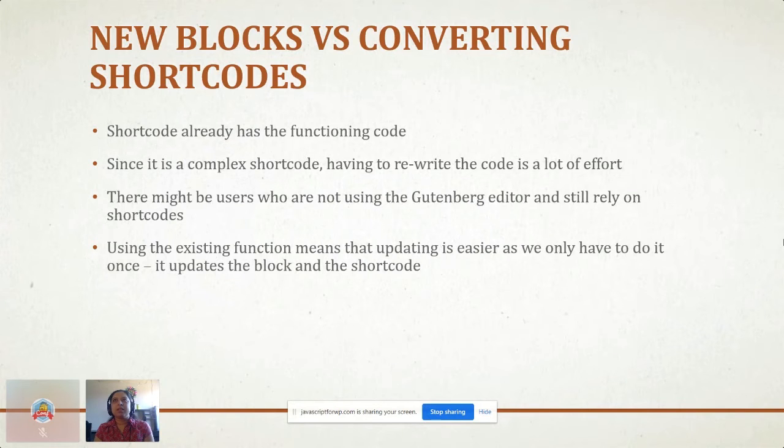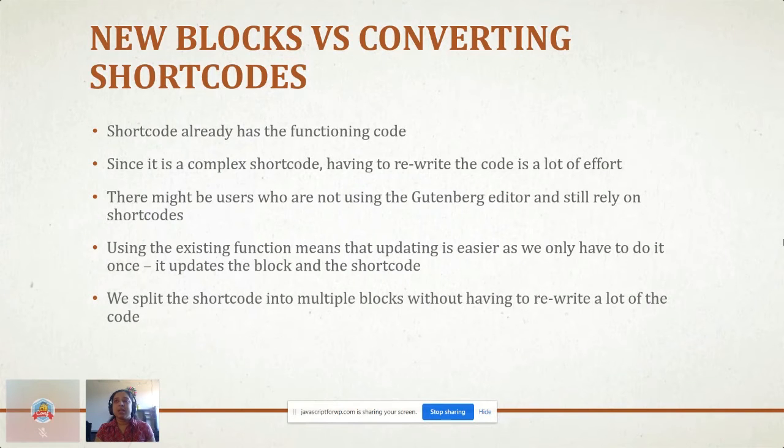So using the existing function for both means I have to update it once and my life becomes a lot easier. And the other advantage I found was we wanted to create multiple blocks from one single shortcode. Because I used the same function, building two different blocks was super easy because I didn't have to write any of the PHP part of it. I only had to build the block part of it, the Gutenberg side, and reusing this helped a lot. So with all of this,